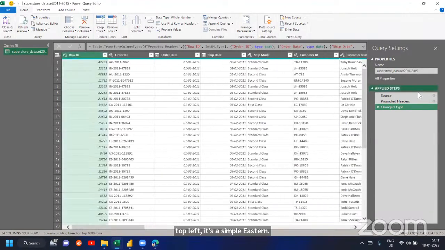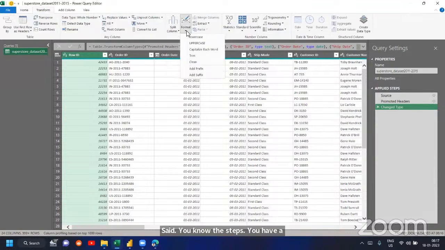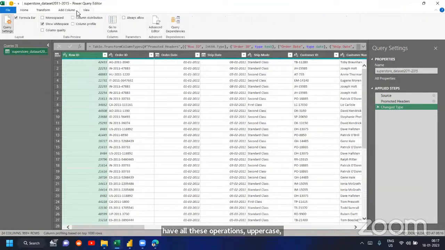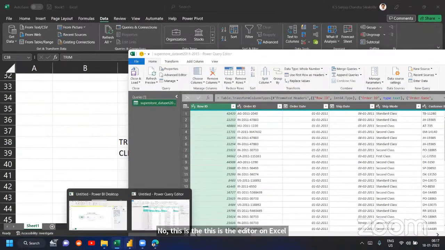Same interface. Right side, you have the steps. You have a transform tab. You have all these operations: uppercase, lowercase, trim, clean, split column by delimiter, home tab, add column, view tab. On the left side, you have queries. Very similar, little bit change in the color scheme. That's it. Now, this is the editor on Excel, just for your comparison.